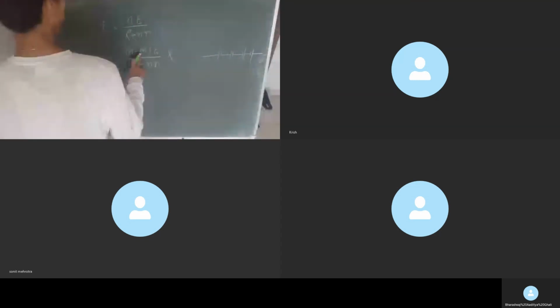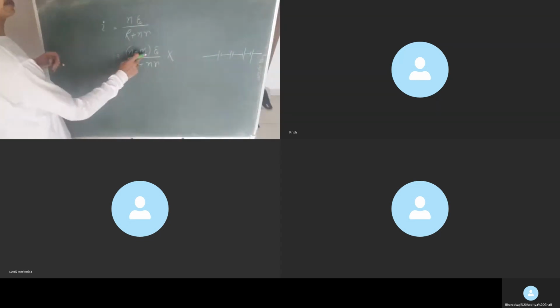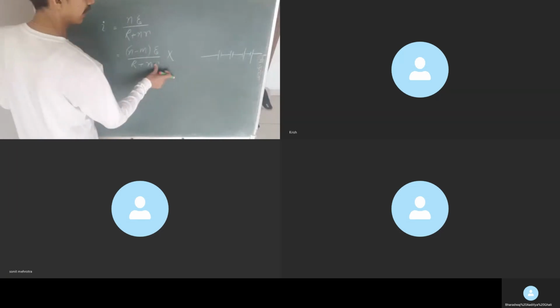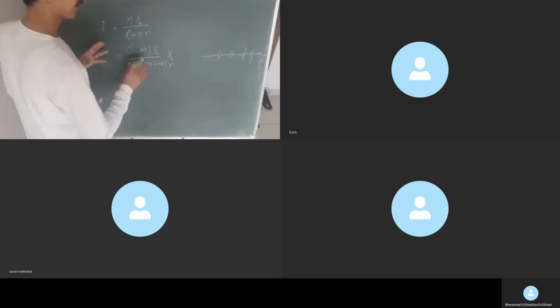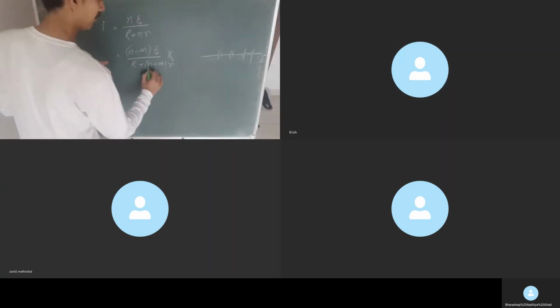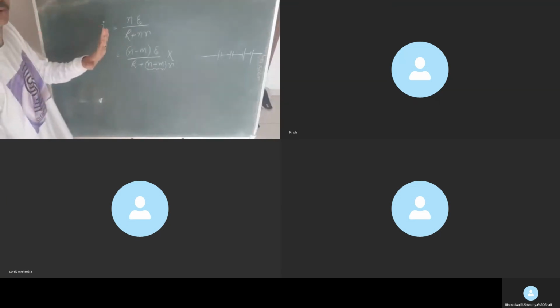Okay, so if you have removed M cells, when will you get N minus M? N minus M means what over here? N minus M is the number of cells. So if you have removed M cells, then this will become N minus M into R. So if you want to remove M cells, then this will be the right answer. But I have not asked you to remove M cells. I have asked you to let them be, but with reverse polarity. Getting it here? Let them be, but with reverse polarity.